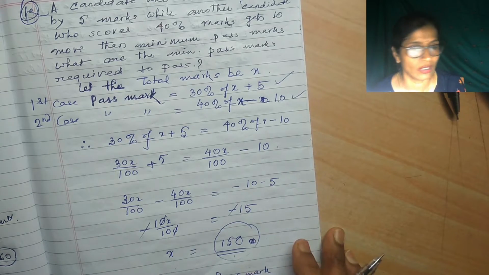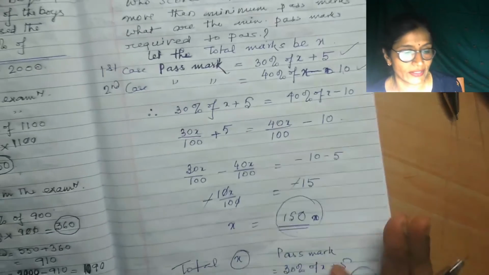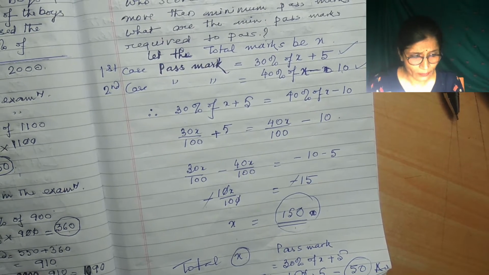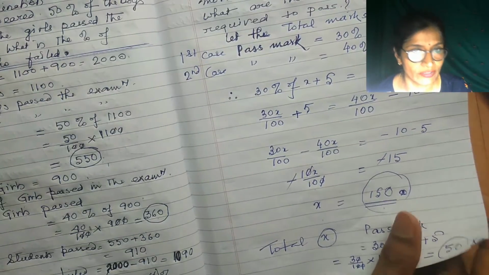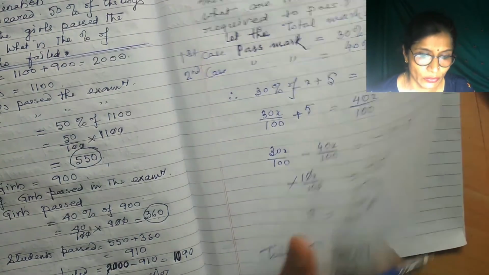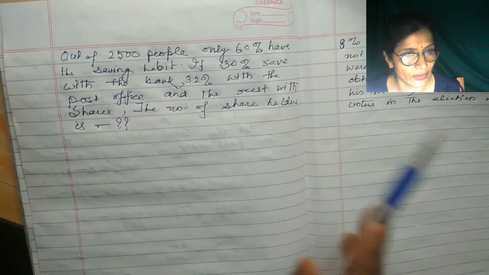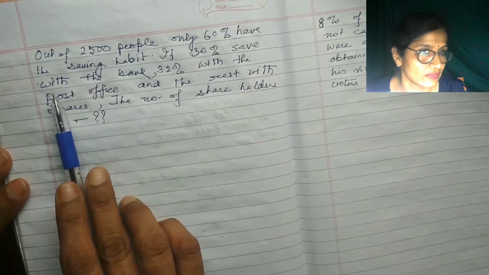So this is all about some of the numericals which are related to your percentage chapter. I'll give you two more sums which you will do. Note down in your copy. This sum I will not explain to you anymore. You will do it by yourself.